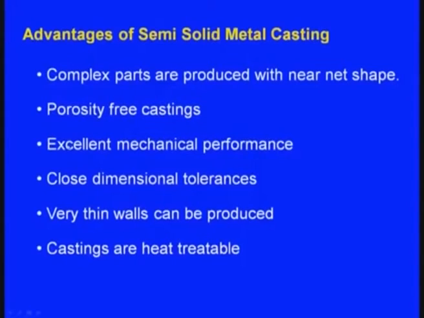Sometimes it becomes very difficult to overcome these shrinkage defects, but here what is happening? During solidification we are applying pressure. First of all, we are not heating the melt above the liquidus temperature. The melt is heated between the liquidus temperature and the solidus temperature. So, the temperature is not very high, it is in a slurry form, then we are injecting into the two dies. So, there will be minimum shrinkage. Even if there is shrinkage, we are applying external pressure, because of that the shrinkage will be totally eliminated. So, there will not be any shrinkage porosity.